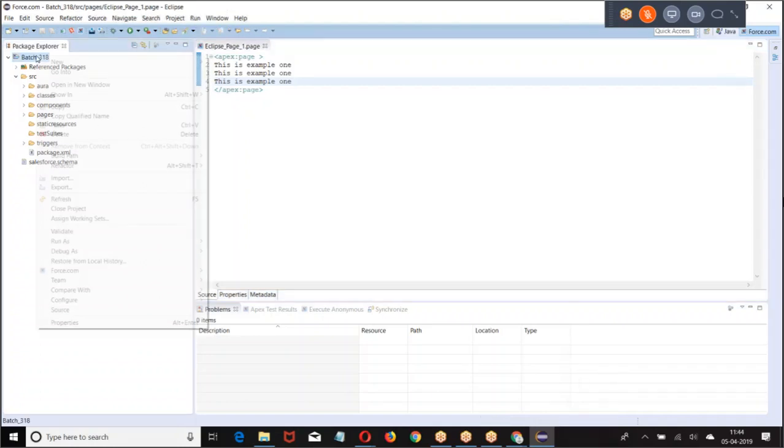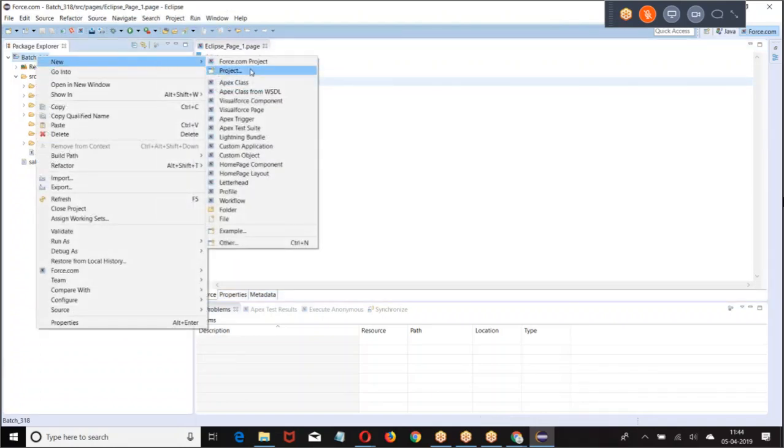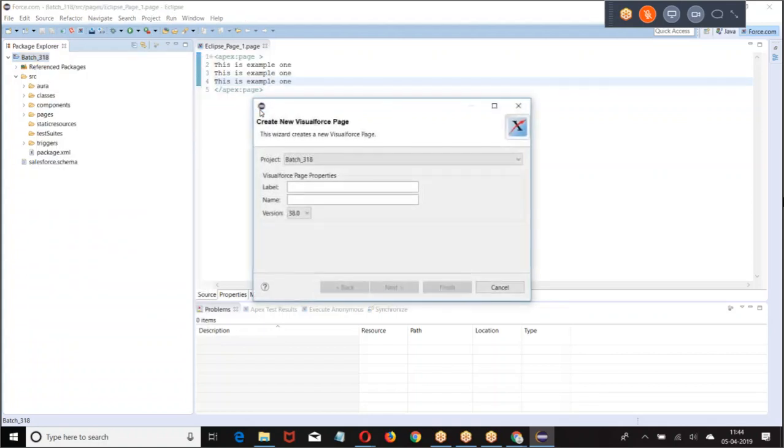Again, give a right click, New, Visual Force.